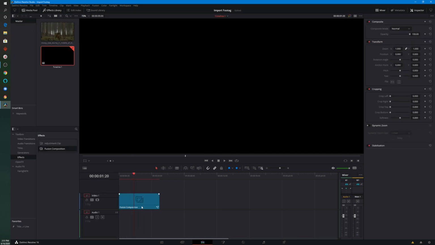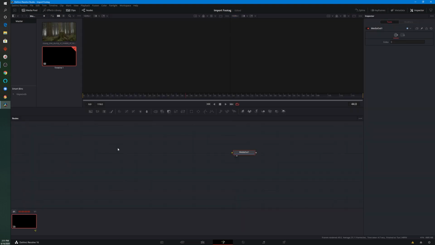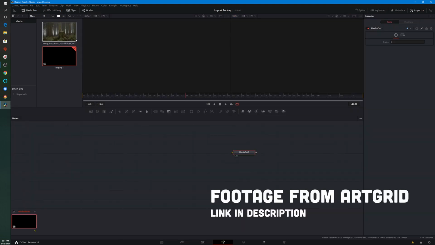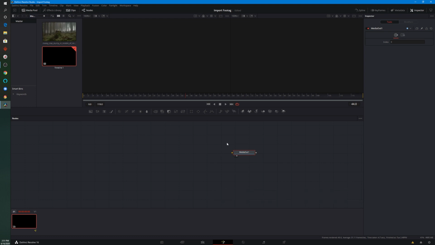Now that we have the Fusion Composition, I'm going to head over to the Fusion workspace. I've already imported the footage that we're going to use for the background. Right now, when you create a Fusion Composition without creating one using footage that you already have in the timeline, this is what you see on the Fusion workspace. You just have the media out. So we need to put a media in. We need to feed footage